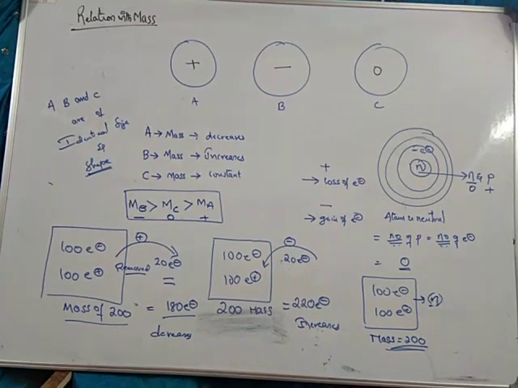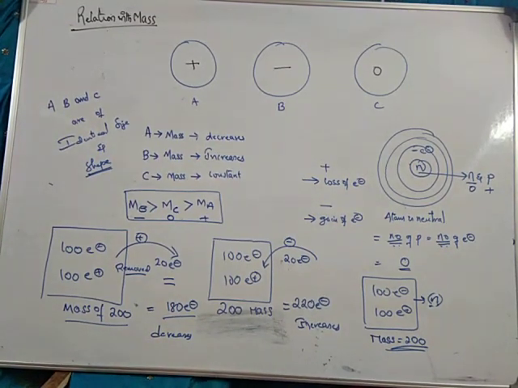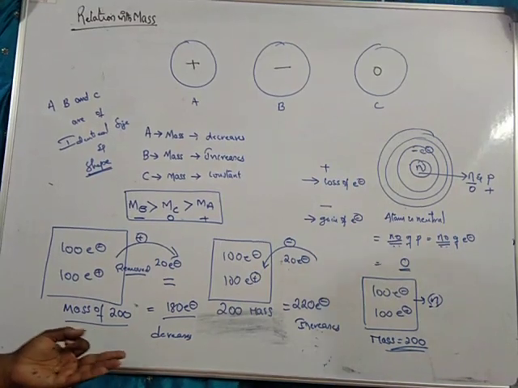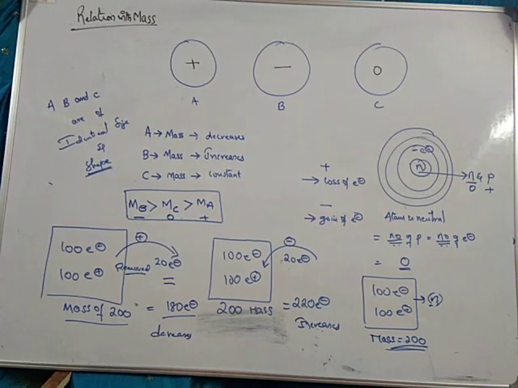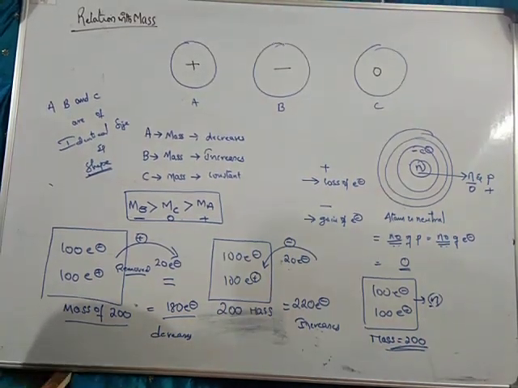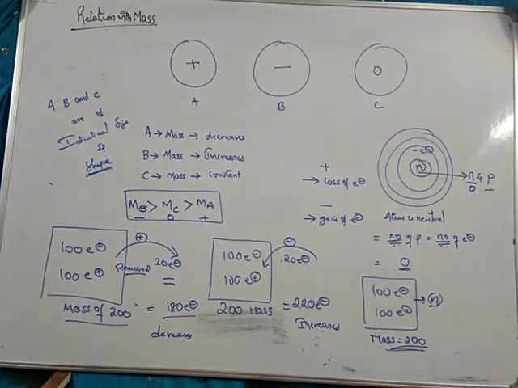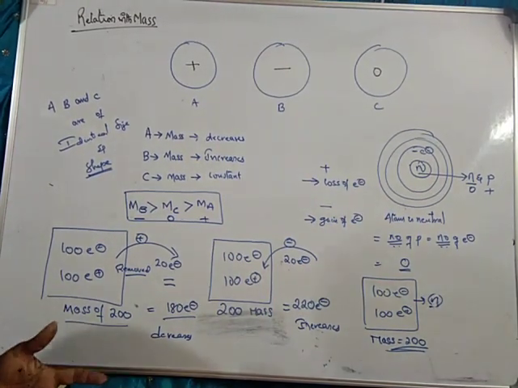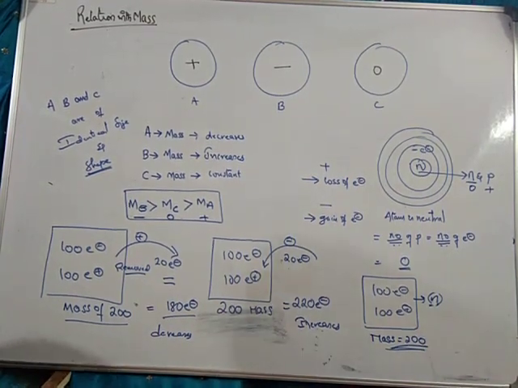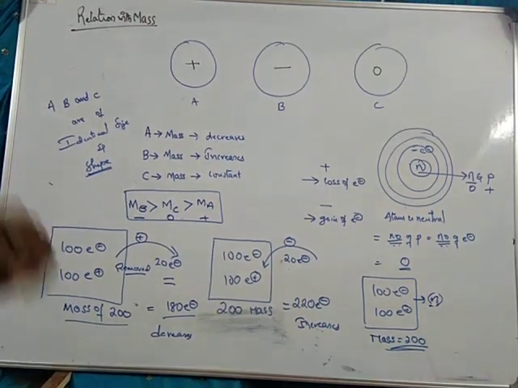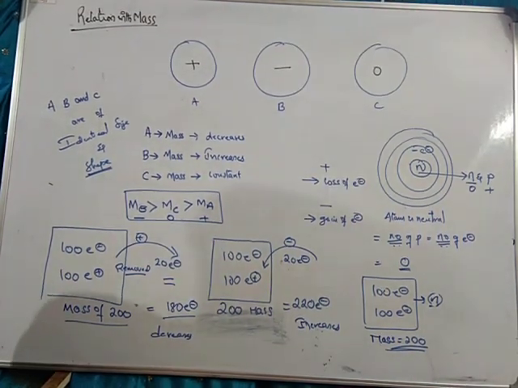So in today's class we defined charge, types of charges, and examples of methods of charging like rubbing, conduction, and induction, and properties or laws. That's what we call the law of conservation of charge, quantization of charge, and additivity of charge. These are the basic terms, and at the end we made a relation with mass. What is the relation of mass and charge? When does it increase, when does it decrease? So I hope the concept is clear.